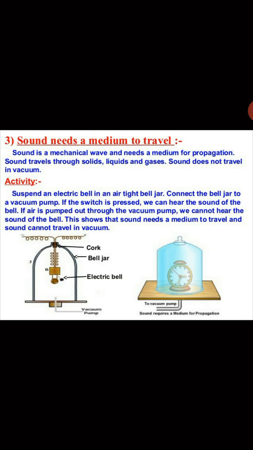But now let's see the second image. Using the vacuum pump, we have to remove all the air which was there in the airtight bell jar. Now there is no air inside the bell jar, and before removing the air through the vacuum pump, we have to keep an alarm clock inside. So when the clock is outside, you can hear the clock.